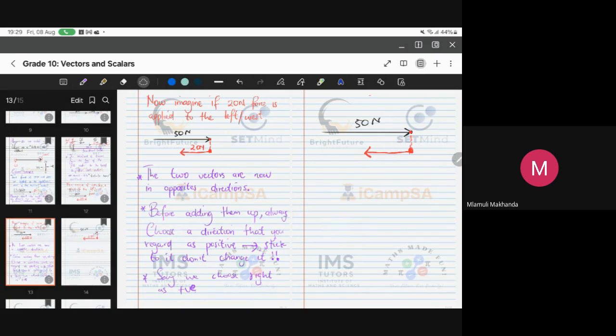I don't know why it looks like 2 on. It's actually 20, sorry. 20 newtons, not 2 on. I don't know what that 2 on is. So now, once you have that, say,